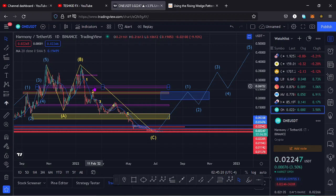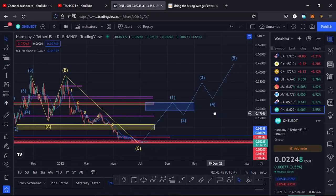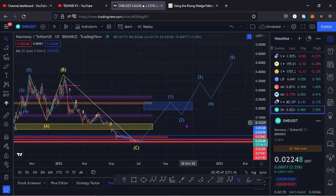I'll kickstart the video by giving a brief of what has been happening on this chart. From the all-time high, Harmony One has been seeing lower prices in this massive ABC correction, which has taken us now to around the $0.016 mark, and from that key area of support we are having a nice recovery to the upper side in the movement that we have now. I believe Harmony One has done whatever it needed to do in its ABC correction, and soon we might see this pump to the upper side, having a wave 5 taking us back